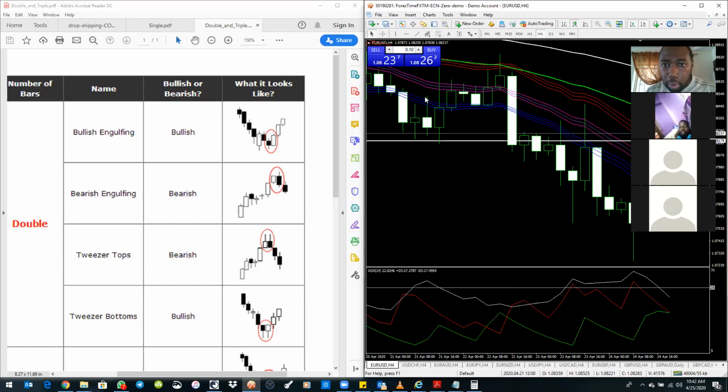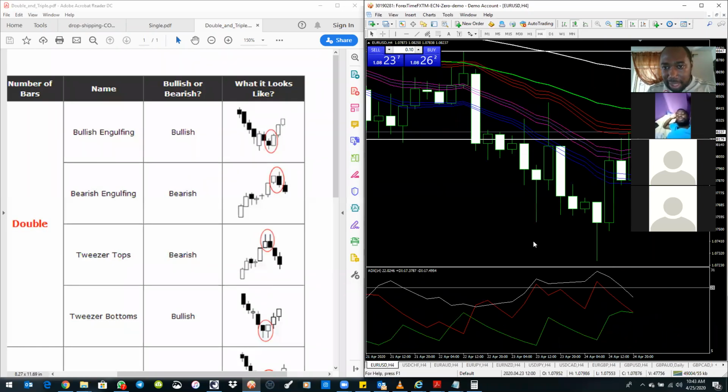Okay. This is the lowest range of this candle, and this is the highest range of the candle. And you can see that this engulfing candle takes out all those candles together in one candle. And what do you notice? You can see that it signaled a bearish run in the market that was terminated by this